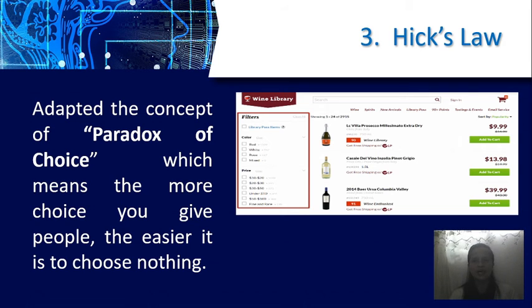Okay, next is Hick's law. This principle adopted the concept of the paradox of choice. So what do you mean by paradox of choice?